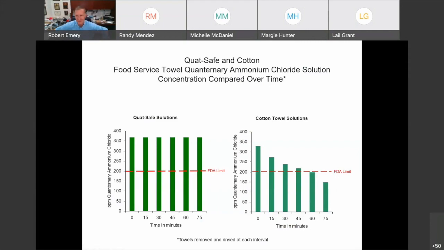So I said, you know what we're going to do? We're going to send this to the QuatSafe company. So I Googled up the area rep and I told them, hey, these students reworked your graph. You can have it and do what you want with it. But these are poor grad students. Boo-hoo. And so I was hoping the guy was going to send us pizzas, but instead he sent us a case of towels. So I brought the disposable towels to class and told the kids, welcome to public health. This is what you get.